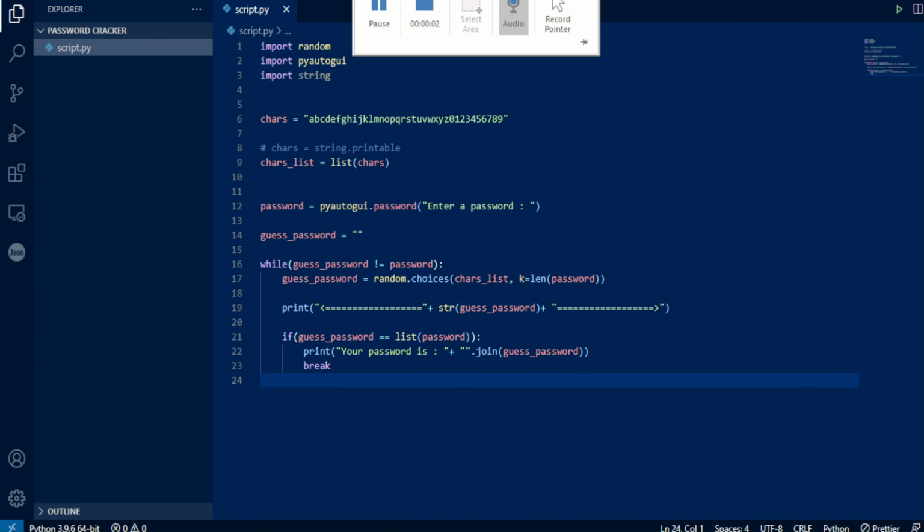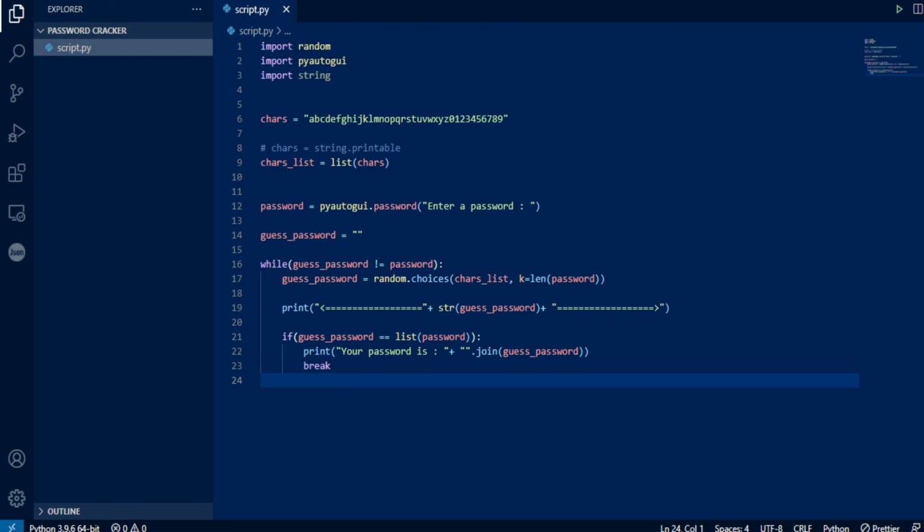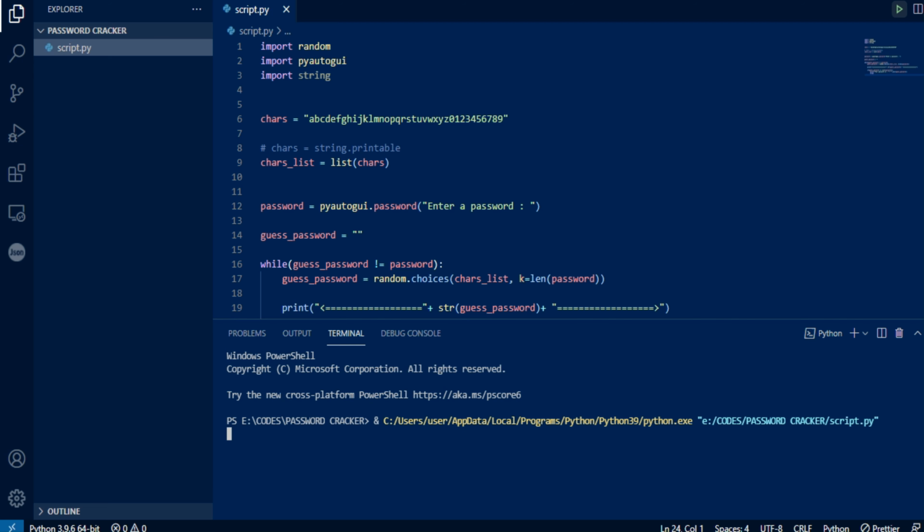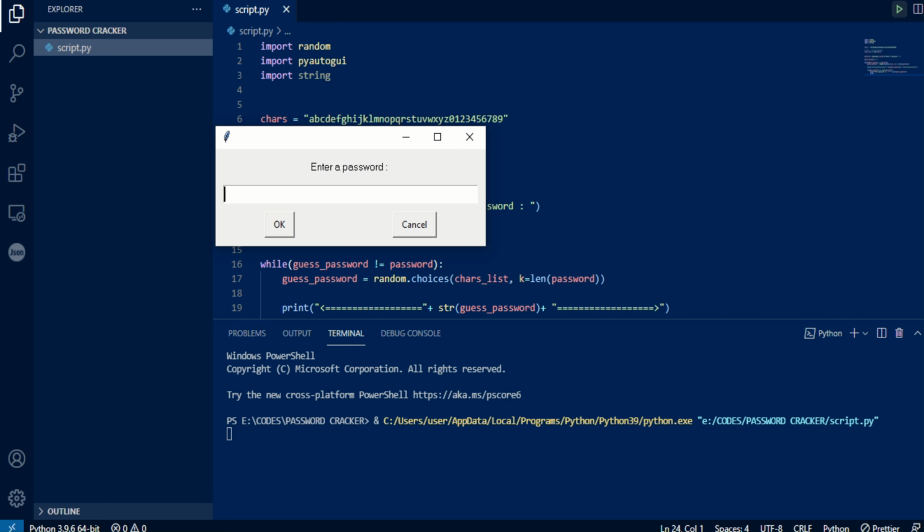Now here comes the most important part. We need to find out if this actually works. So I'm going to execute this right in front of you and show you that this works. Yeah, so let's do that. Okay, first let's try with one digit. I'm going to give A and then I'm going to give OK.